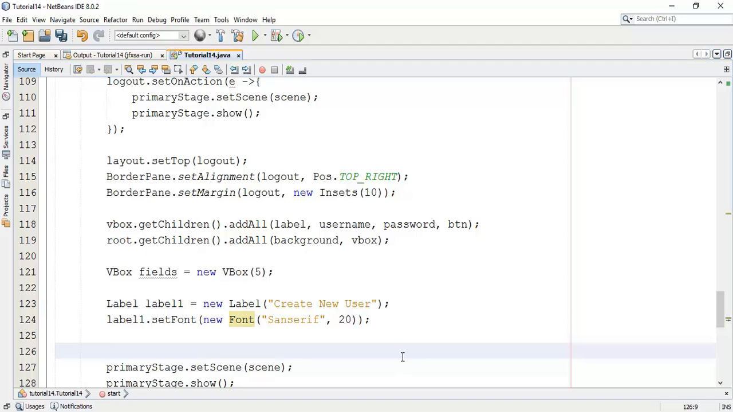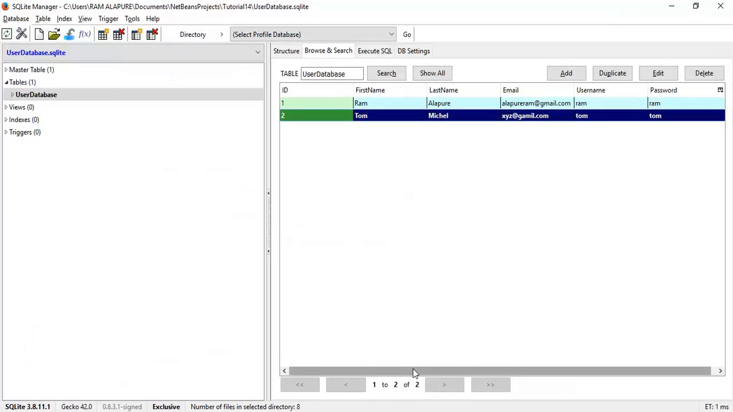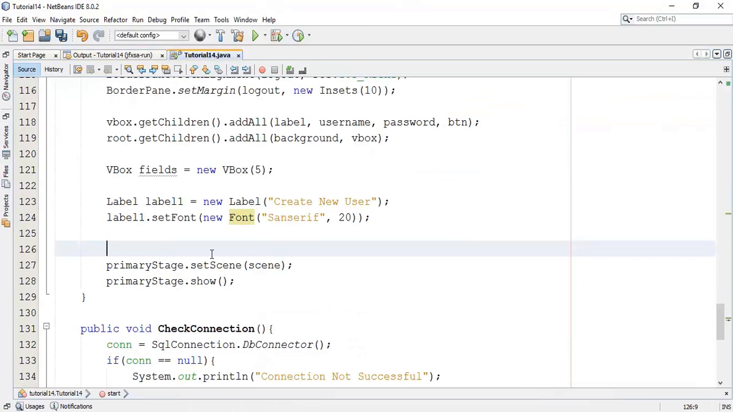Next I am going to add some text fields like we have created in the database. So this is our database and we are creating a new user with the ID, first name, last name, email, username and password. So we are going to add these text fields in the application. So text field, say first ID equals to new text field,